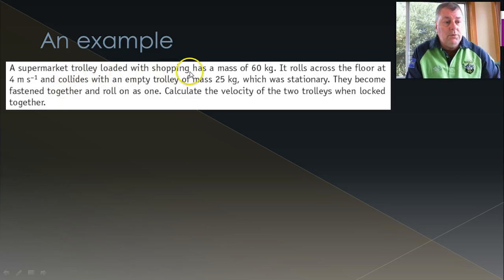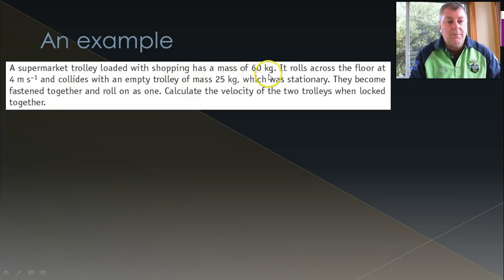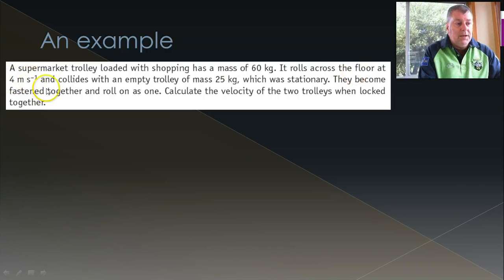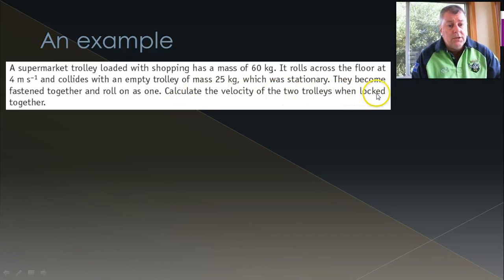Shopping trolley loaded with shopping has a mass of 60 kilograms, rolls across the floor at 4 meters per second, collides with an empty trolley, 25 kilograms, which is stationary. They lock together and roll on as one. Calculate the velocity of the 2 trolleys when locked together. So